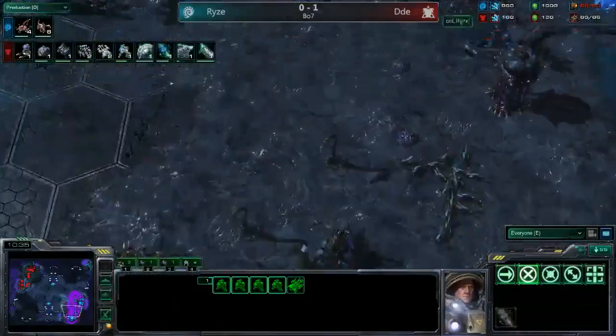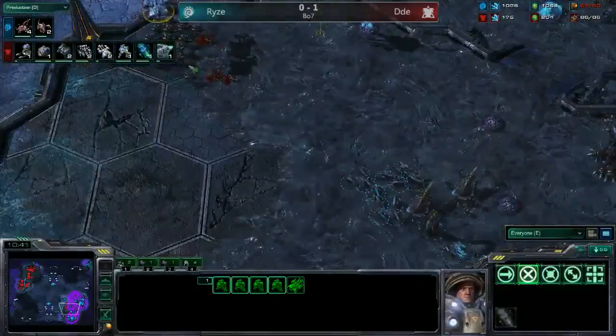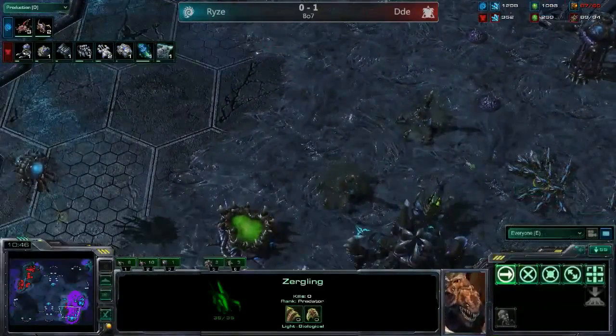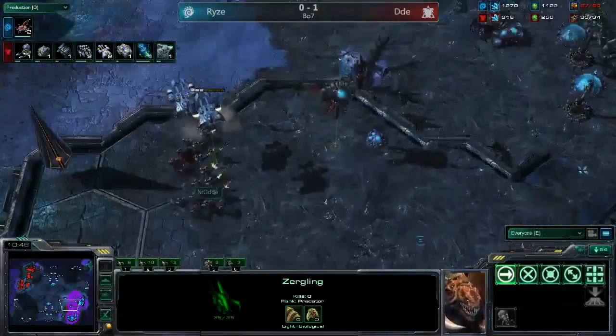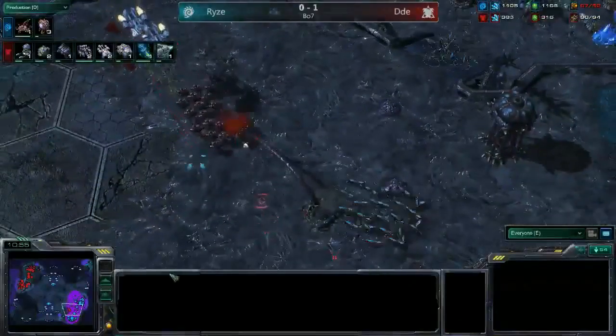walling off, so we can just do drops. Few lings coming. Those Marines gonna say nuh-uh. DDE's Marines are 1-1. Ryze's lings are 0-0. It looks like DDE will be taking out an Overlord that does supply cap Ryze just before he can start